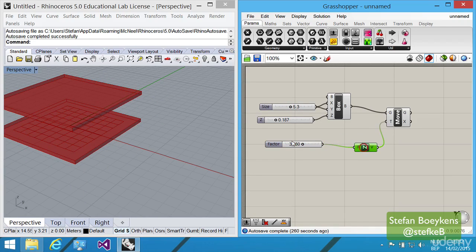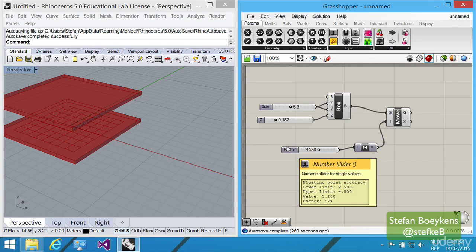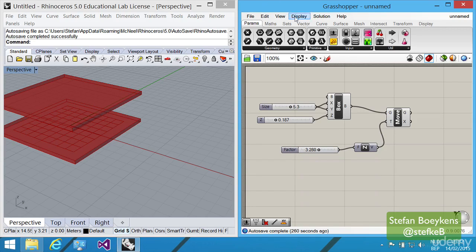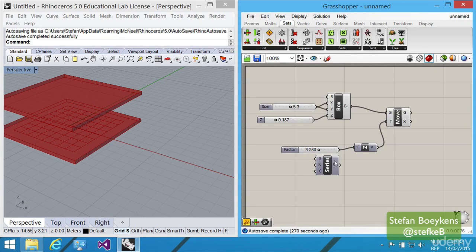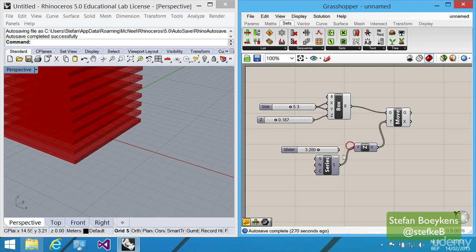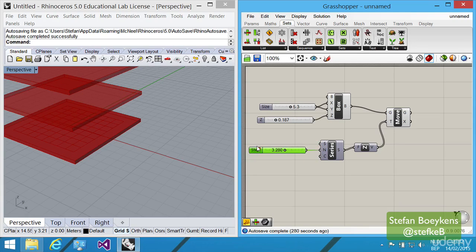Okay, so now we can define story height, the thickness of the floor, and the size of the tower. And if we want to define multiple of these elements, let's use a series again. Series, and a series of positions. Let's use that one. And the slider here is the number that gets added in every step, and the last parameter is then